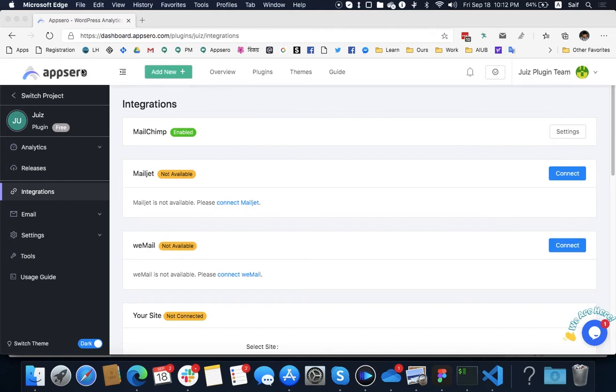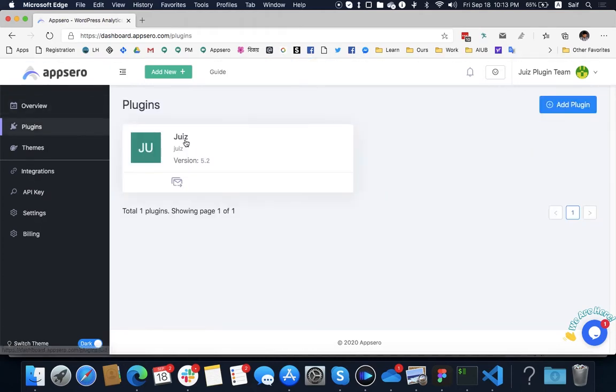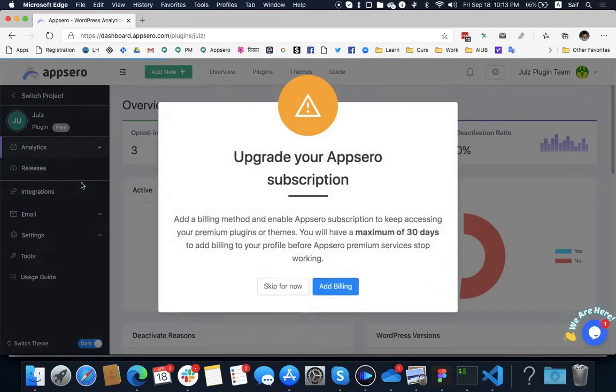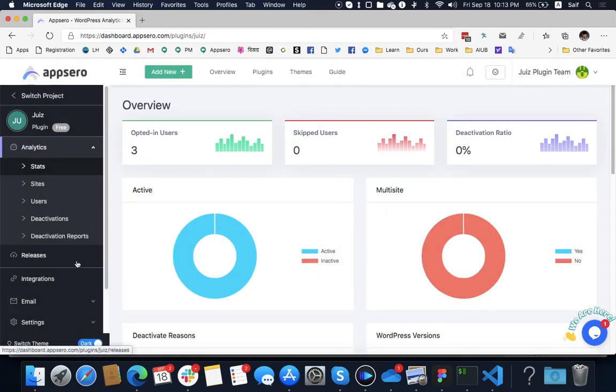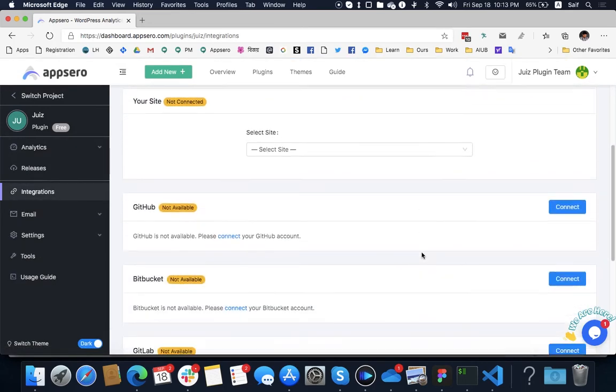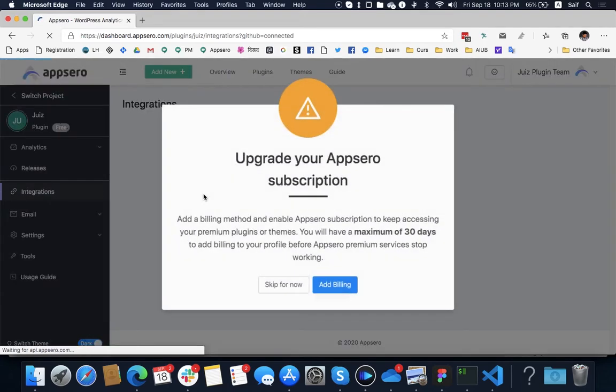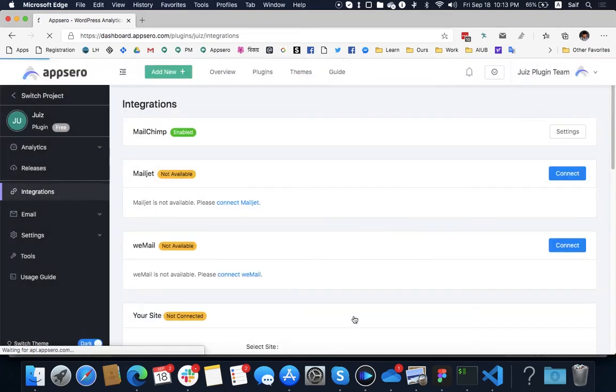So I have added a plugin to the Appsero dashboard, and you can see that the plugin is right here. If you haven't already integrated your Git account, make sure you connect your GitHub account from the integrations tab. As I have not added the Git account, I have just now added it here,